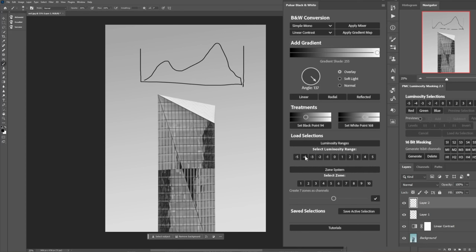If we select shadows 5, then we're selecting this portion down here, only the darkest ones, whereas shadows 4 is this plus a little bit more. However, the zone system, let's say we've got 10 zones, then the histogram is essentially divided into